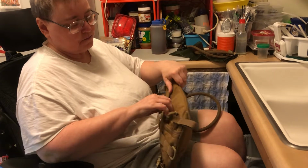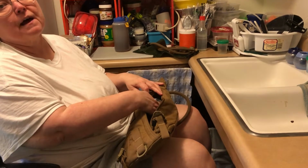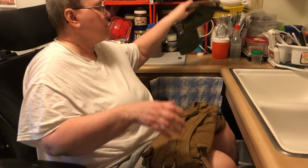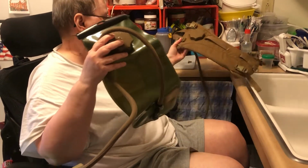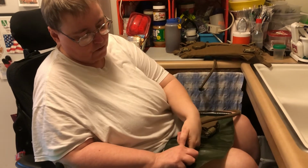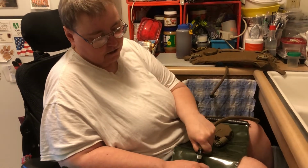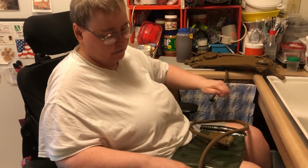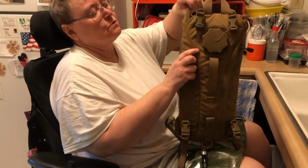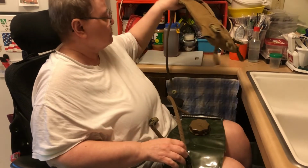The carrier has a zipper on this side where the water bladder itself goes in. And I have another bladder to demonstrate the features of the bladder itself that most other systems do not have. If you want to take just the tubing apart, there's a connector down here with just one little button where it comes off easy and it goes on easy. So when you're assembling your carrier, you put the bladder in and get it in position, and you run your drinking tube in from whichever side on the top. There's openings on both sides for whichever is most convenient,